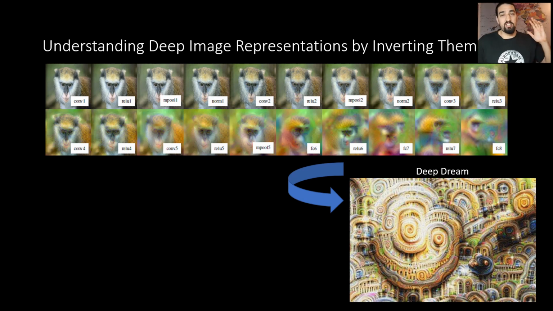The implementation is as simple as just maximizing the feature response at a certain layer by doing, say, gradient ascent and not gradient descent. And that's equivalent to saying, give me more of what you see. But more important for our story, it was the first main ingredient for the inception of